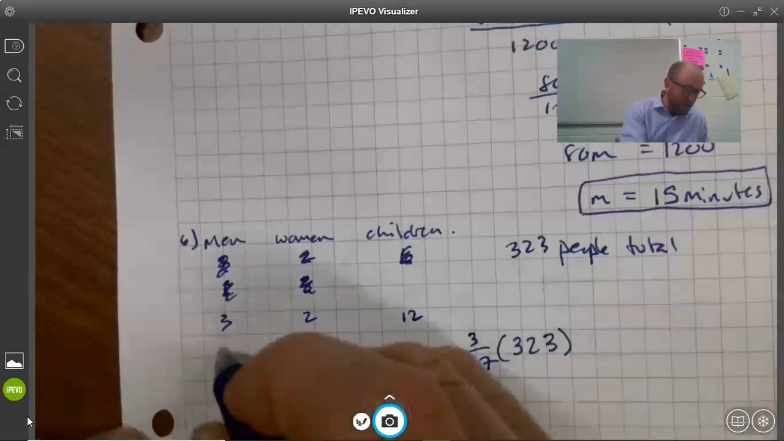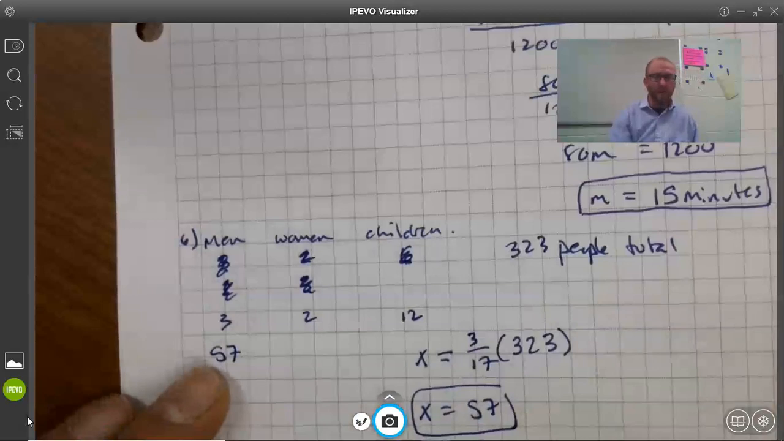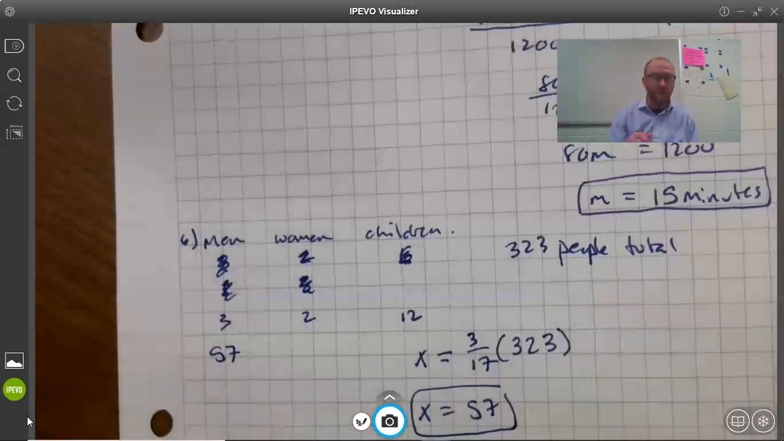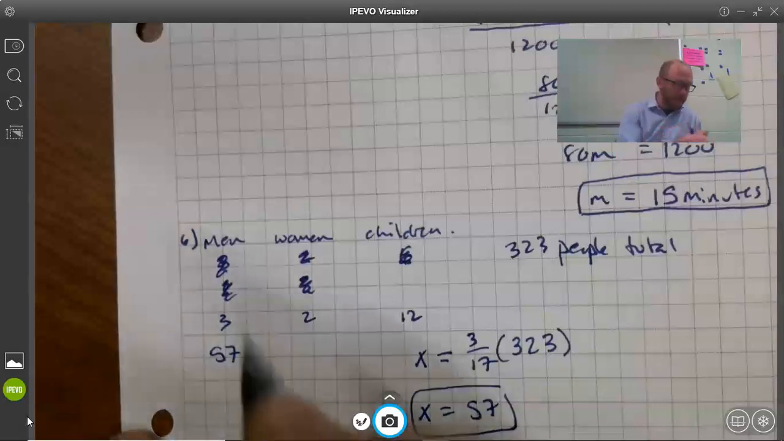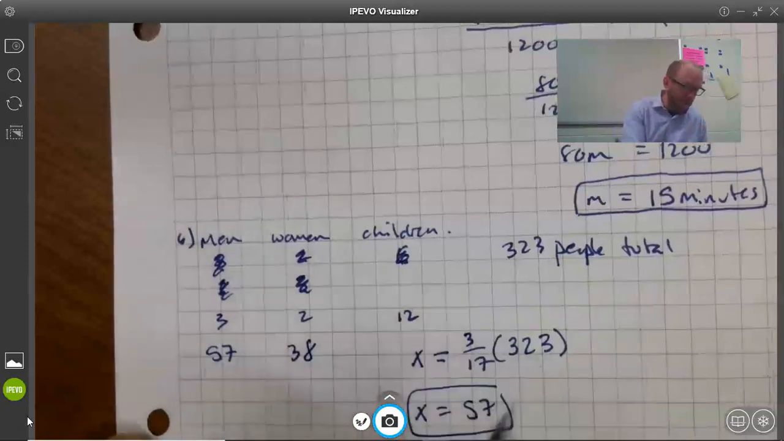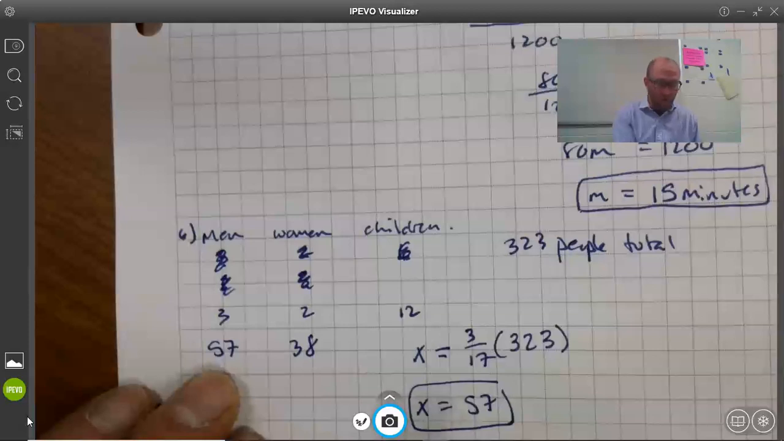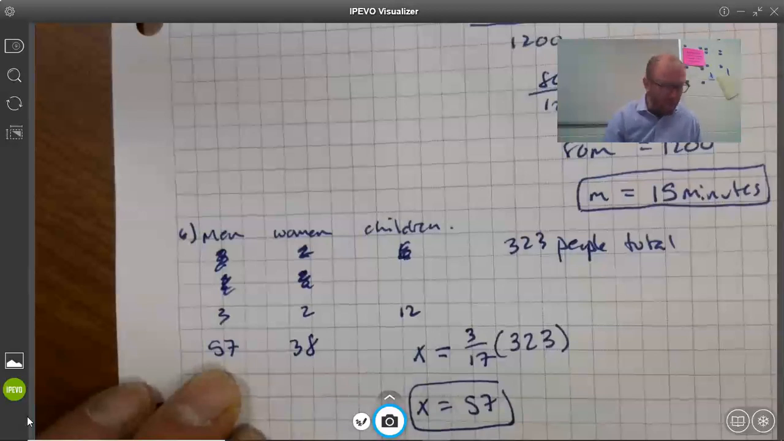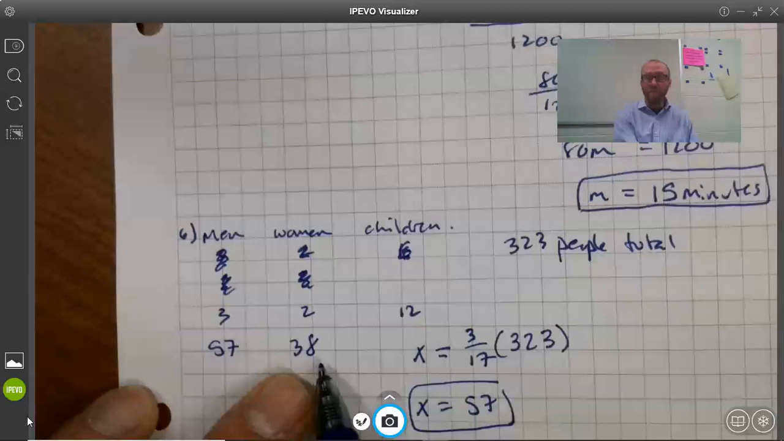Okay, and let's just check out how that works. 57, so if for every 3 men there are 2 women, so let's see, 57 divided by 3 times 2 is 38. Okay, so if I break this down into groups of 3, there are, let's see, 57 divided by 3, so there are 19 groups of 3, and therefore there are 19 groups of 2